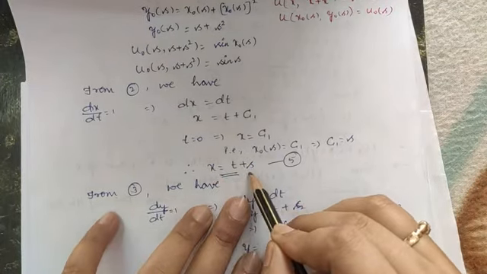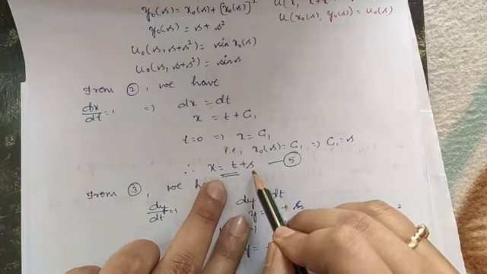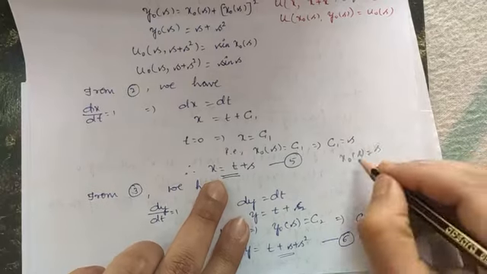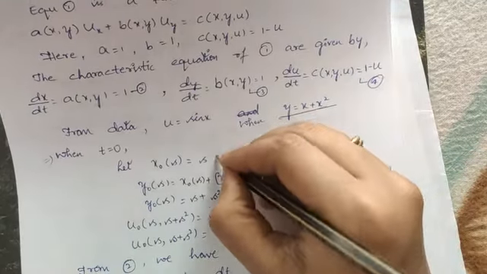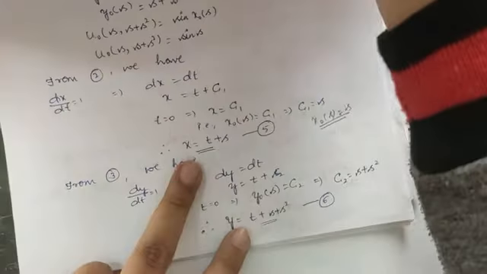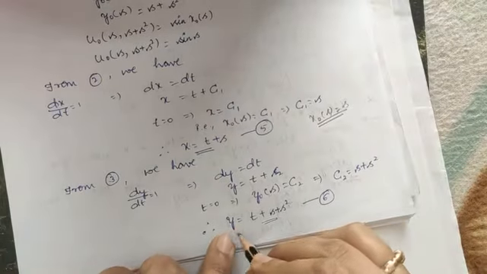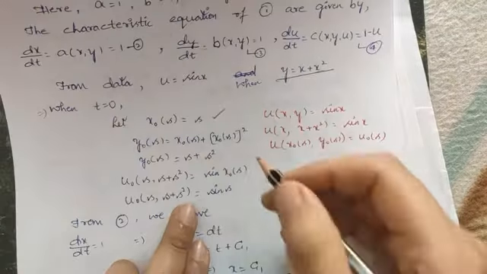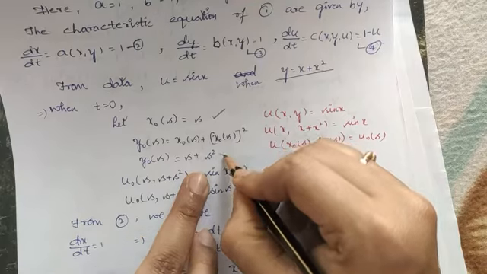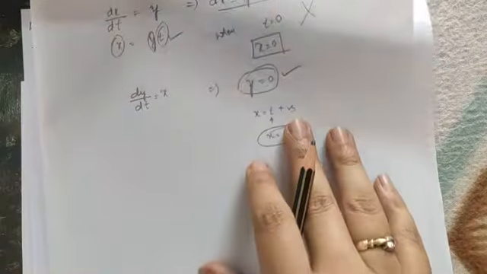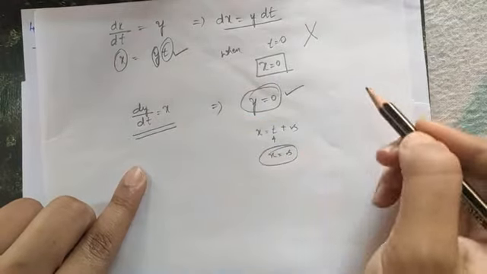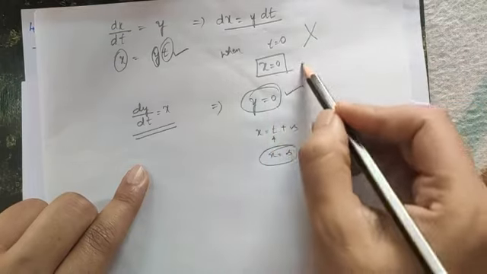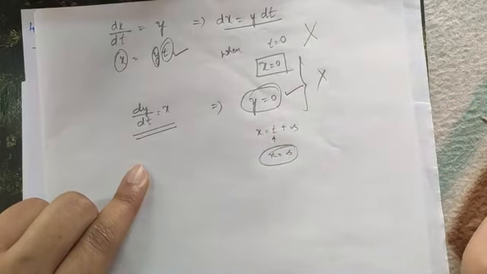Okay, when we solved your problem number 1, you can check that I got the solution for x as t plus s, right? So when t is equal to 0, you will get x is equal to s, or you can say x naught of s is s. So this solution satisfied your given data. Similarly for y, when t is equal to 0, you will get y naught of s as s plus s square. This satisfies the solution with your condition. But when it comes to this problem, if you solve in that procedure, you will get a value for y as 0 and x as 0. This will not satisfy your given data.